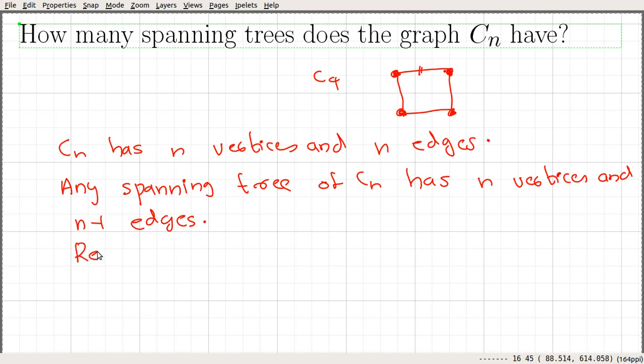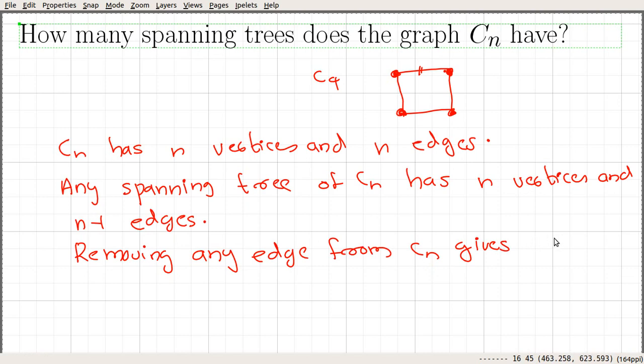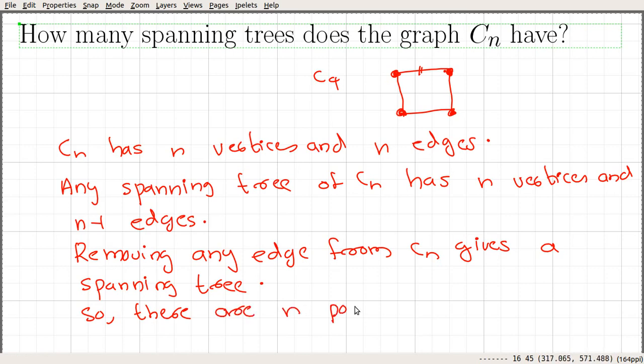So removing any edge from C sub n gives a spanning tree. So here we can see that there are n possibilities for removing an edge.